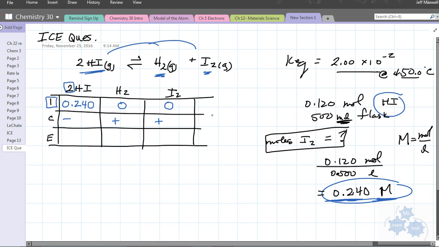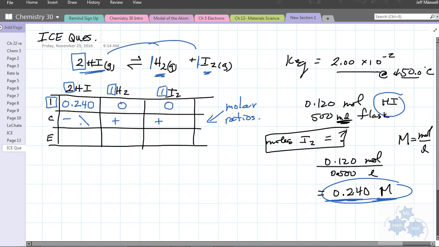Now, remember, this point is where we use the molar ratios, right? You don't have to write that in each time, but this is only the second time through with you, so I wanted to put this down here because this is now when the 2, 1, 1 become important. For every 2 moles of HI that decomposes, 1 mole of H2 and I2 are produced. Okay? So, if we were looking at that,